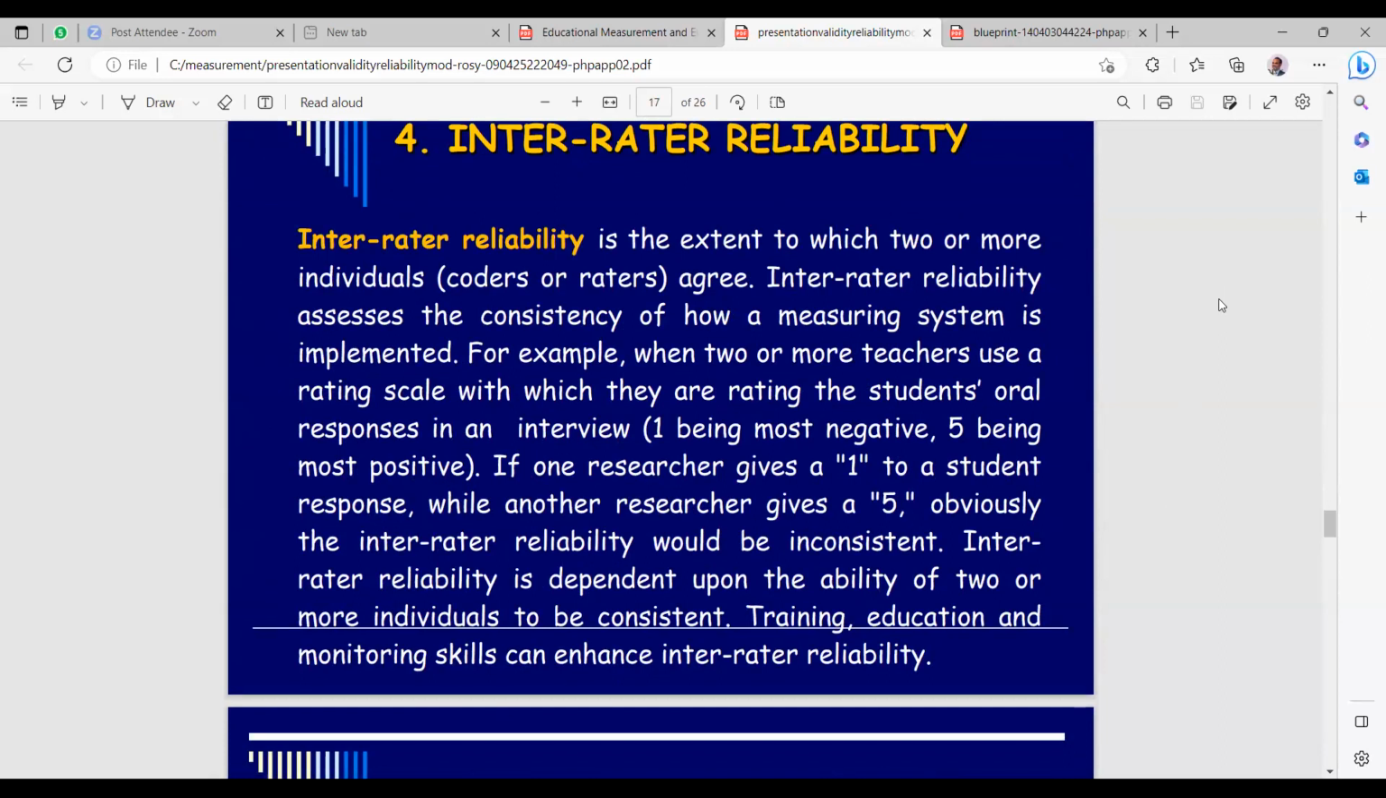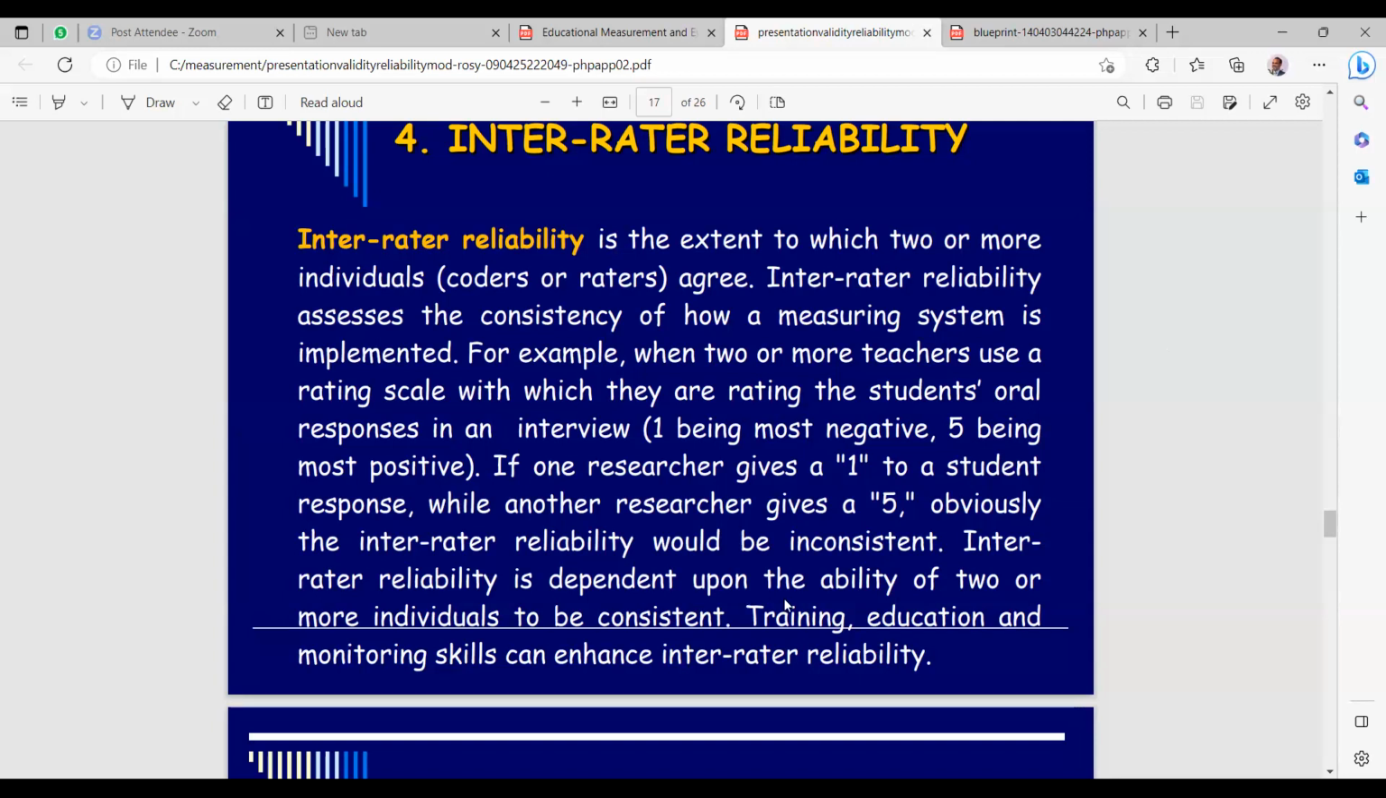Right, so then we have inter-rater reliability. It is the extent to which two or more individuals agree. Inter-rater reliability assesses the consistency of how a measuring system is implemented. For example, when two or more teachers use a rating scale with which they are rating the students' oral responses